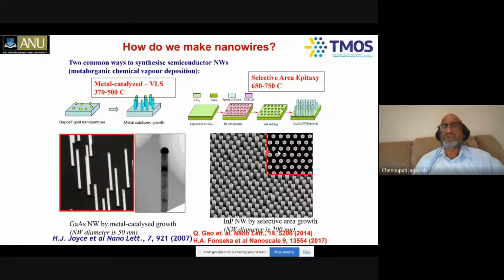Then you put this into the MOCVD reactor, heat it up to somewhere between 650 to 750 degrees Celsius, and introduce the gases needed for the growth of indium phosphide, trimethyl indium and phosphine. These gases dissociate, and the nucleation takes place in these crystals which are exposed here, and then you end up getting these beautiful indium phosphide nanowires. Because we created ordered patterns of holes, you also get ordered patterns of indium phosphide. You can see the top view of this one, see the beautiful crystal facets and others.